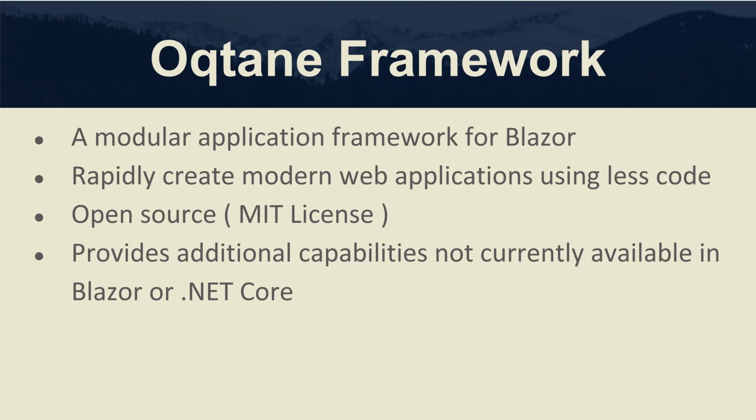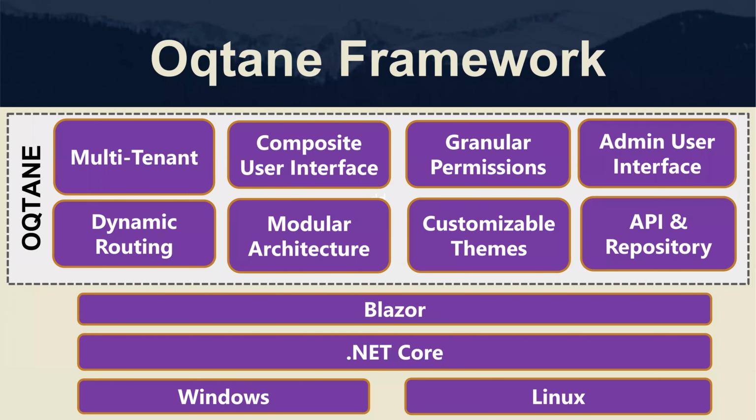So what exactly are those capabilities? Well, if we look at this diagram, we can see that Blazor itself at the bottom is built on .NET Core. .NET Core is a cross-platform development framework that runs on both Windows and Linux. On top of Blazor, we have Octane. And some of the features that Octane provides you, which are unique and separate from Blazor itself, are things like